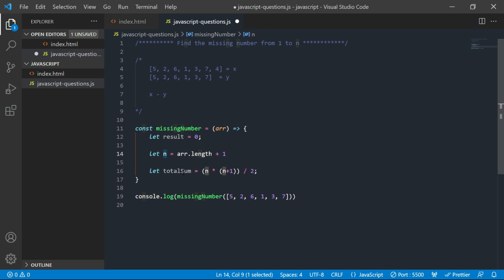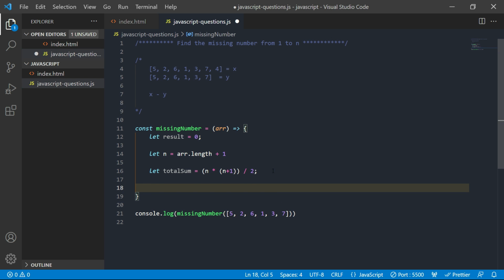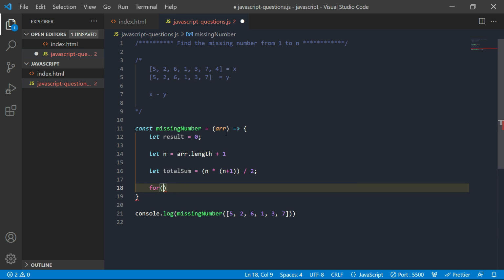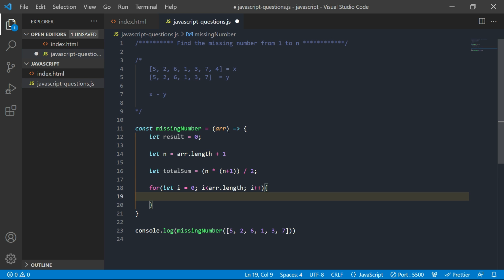So now this gives the total sum, and now let's loop this array. Let's add the given array numbers, array of i, and assign it to the result variable.